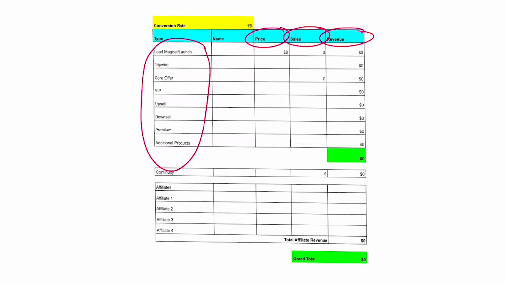Now, the first 2 items here are really part of the selling stage, but I wanted to include it here so you had a visual of the whole picture. The first is your lead magnets and launch, and this is the value that you're offering in return for someone to join your email list. While there's no immediate return, you'll see that this does have a very high value and is critical to your